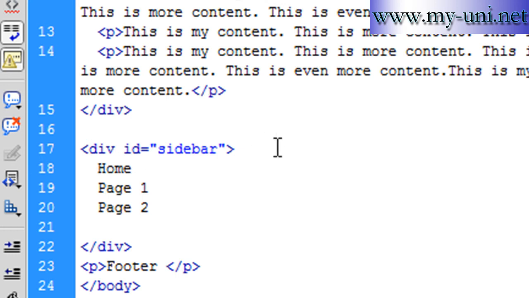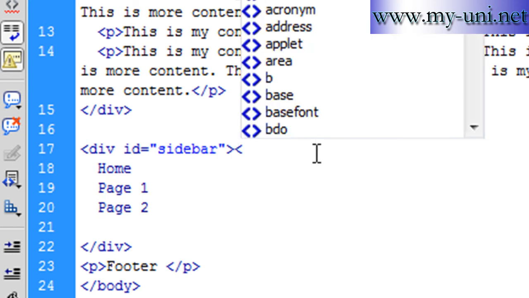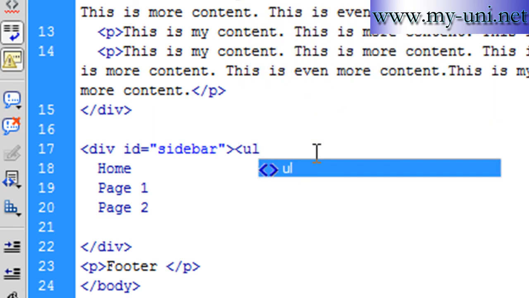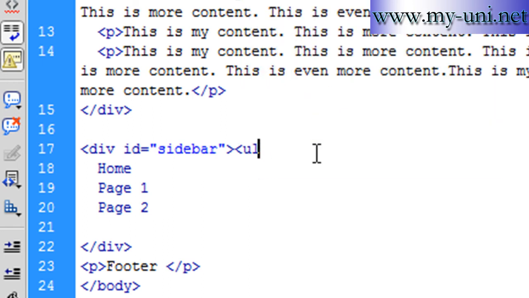And within this div tag, I'll say open angle bracket unordered list. I'll close this, and within, and I'll close this here,